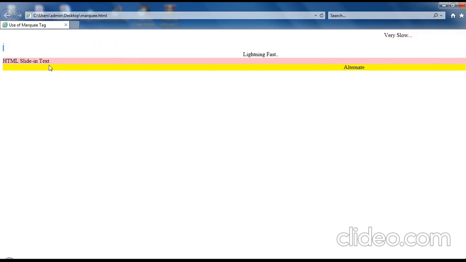So the slide in text will stop once it reaches the left side. Now you can see this line, whereas this alternate will continuously display. When I refresh, the lines come, the HTML slide in text will stop here and alternate will continue. So for alternate, if I specify the loop, the number of loops which I specify in double quotation, it loops